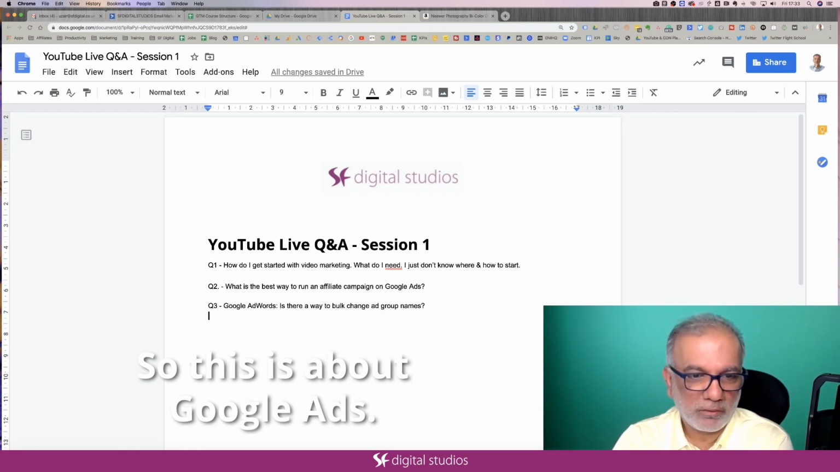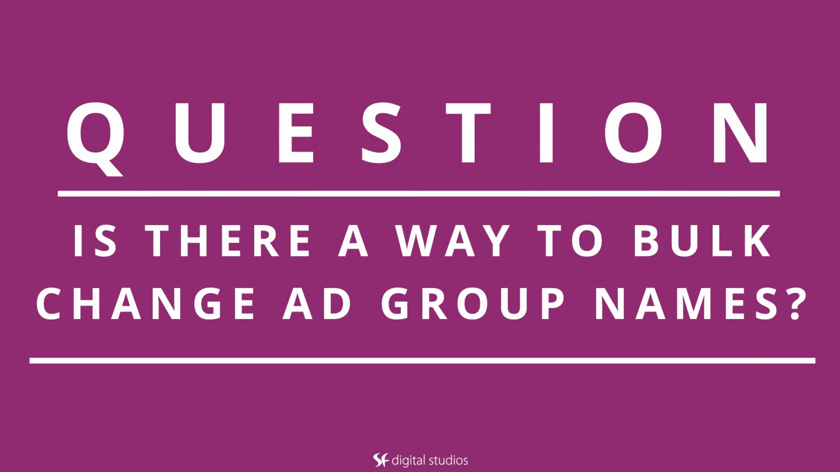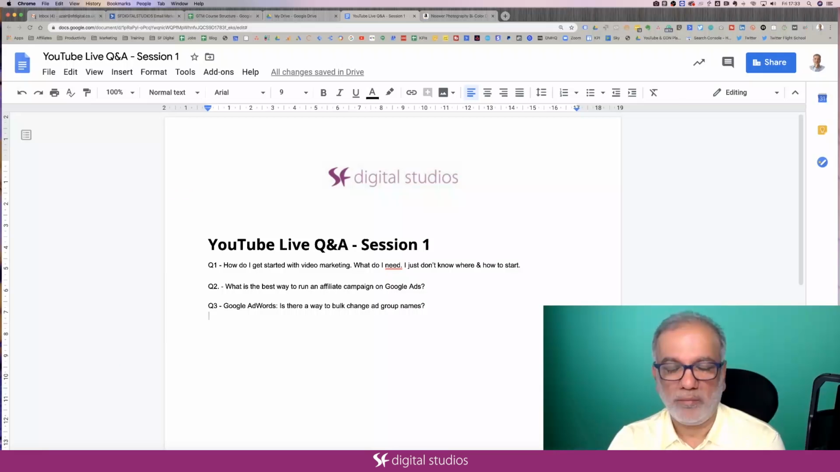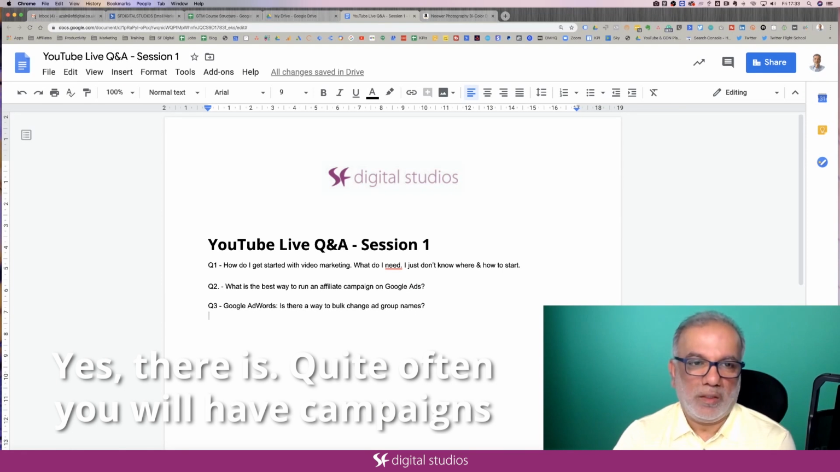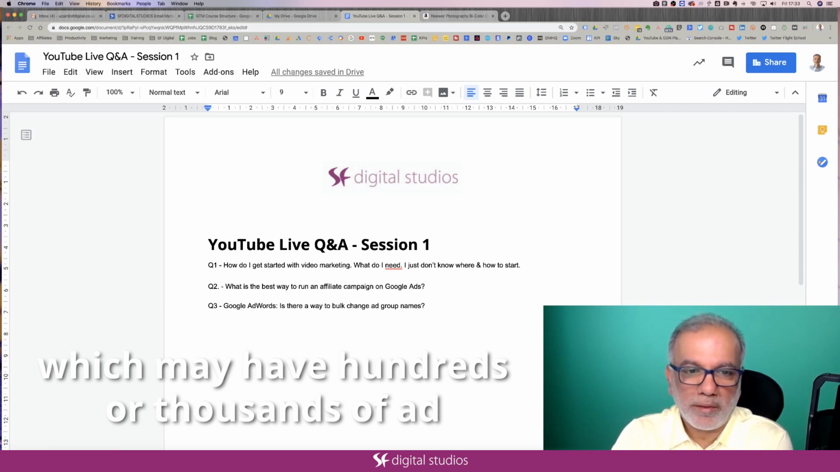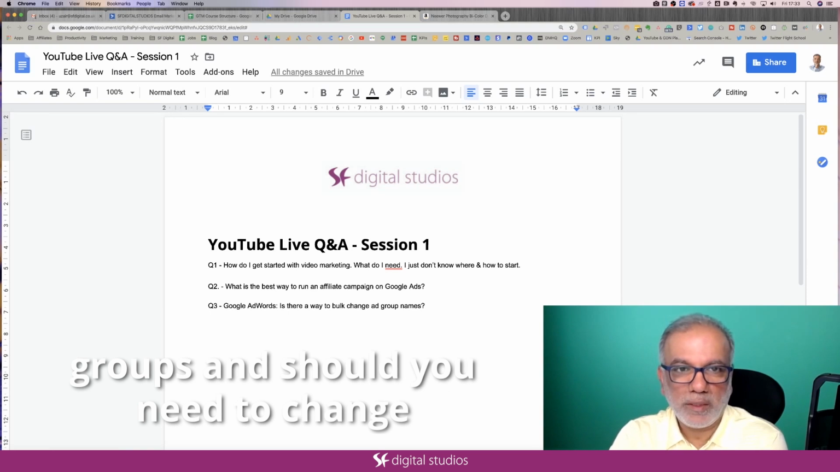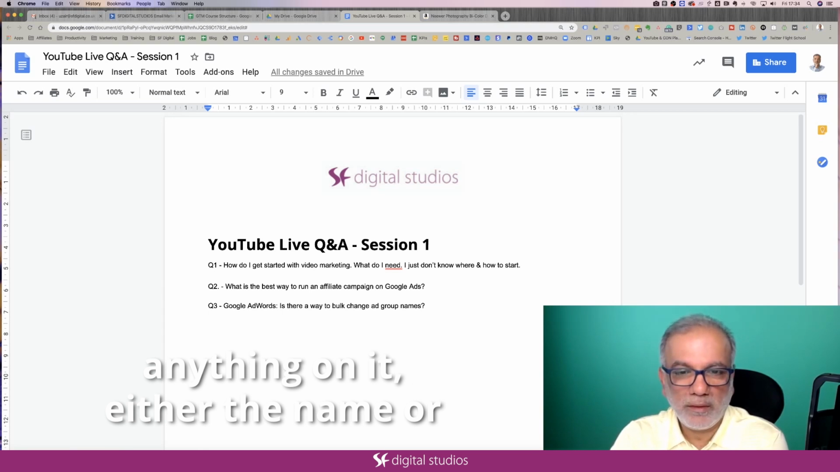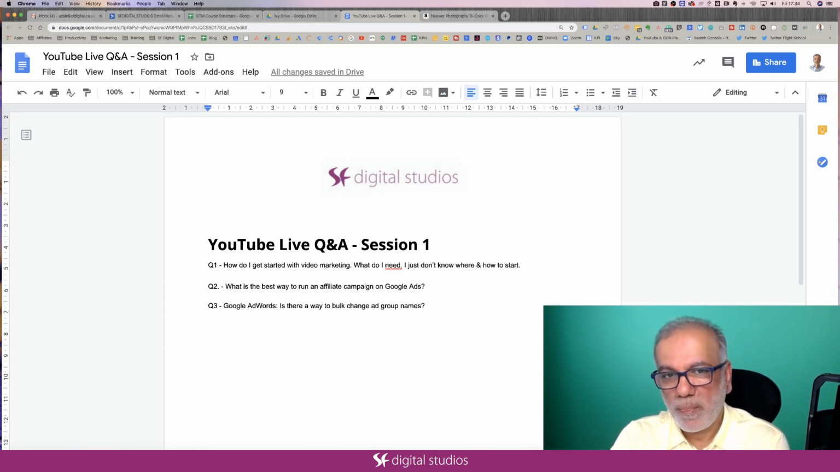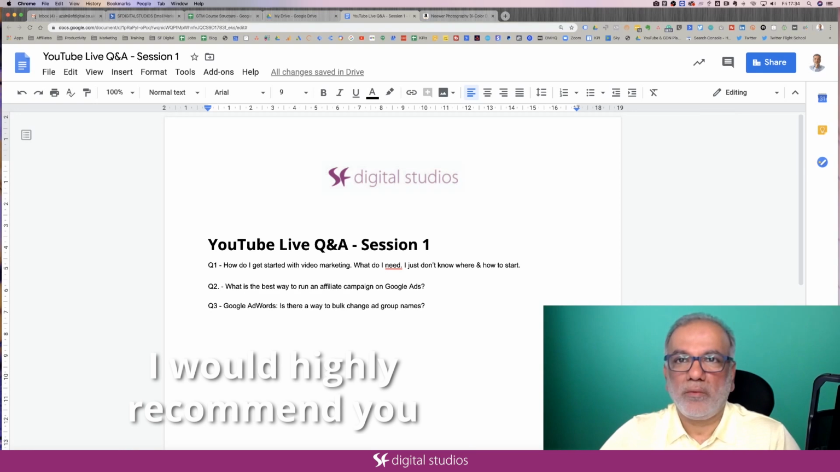So this is about Google Ads. Is there a way to bulk change ad group names? Yes, there is. Quite often you will have campaigns which may have hundreds or thousands of ad groups, and should you need to change anything on it, either the name or the keywords or whatever, I would highly recommend you